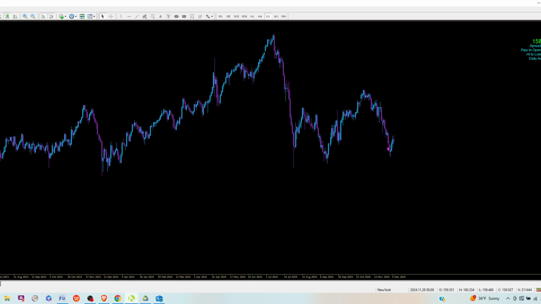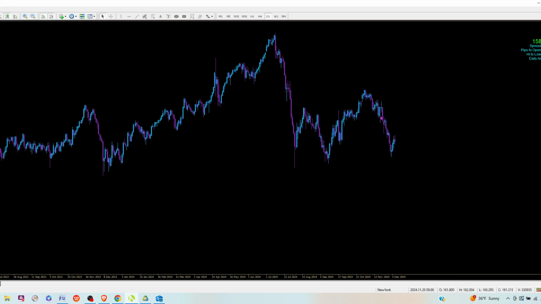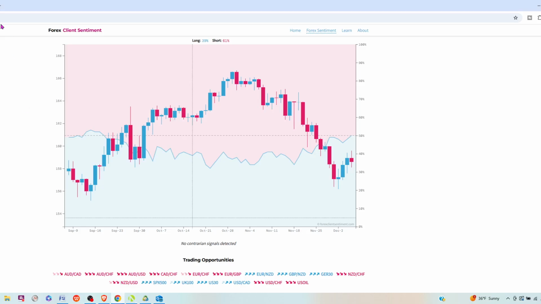So I don't want to necessarily just jump into that, but at the same time, this is pretty bearish, right? From this high down to where we are now, we're certainly making lower highs and lower lows. Okay, but at the same time, again, if you're going to use this tool, use it the way it's intended to be used, which is to let these things play out and let the retail sentiment go. So until it's at one of those extremes. So this is one of those pairs that I would put on what I would call a watch list.